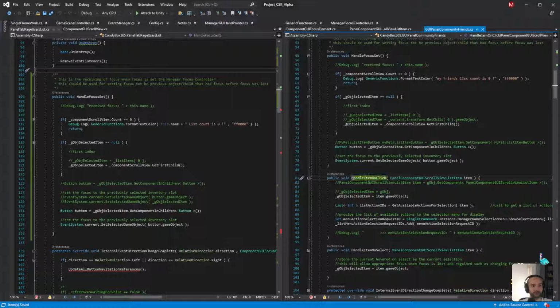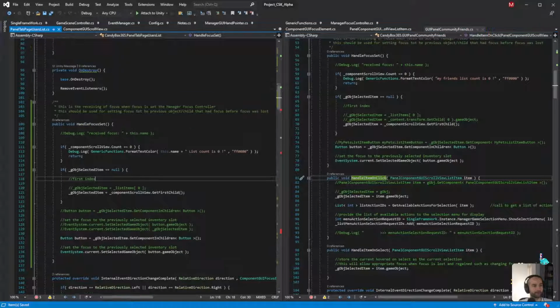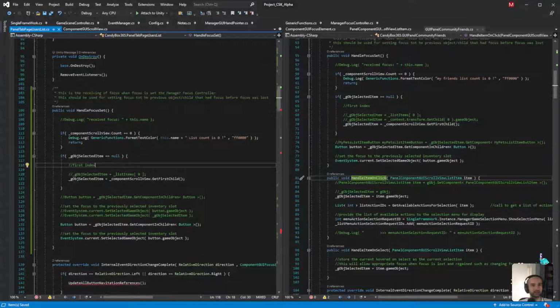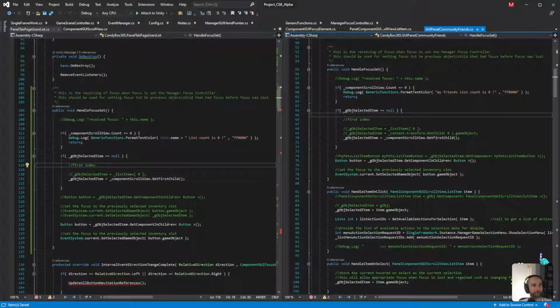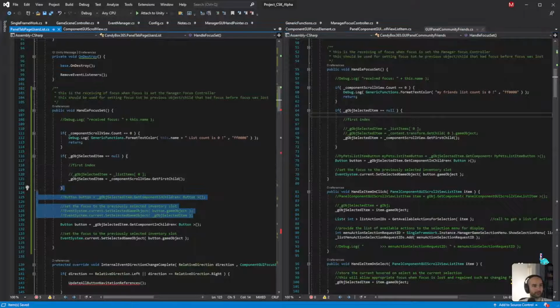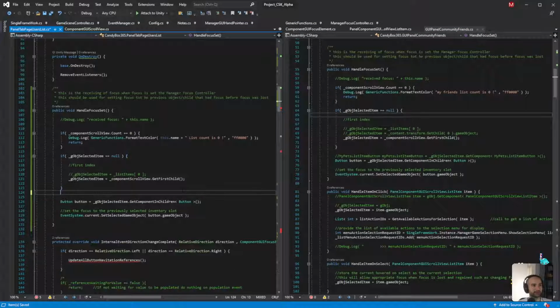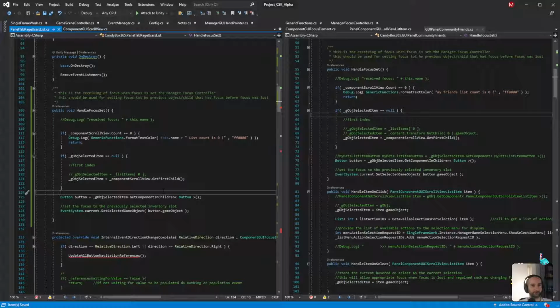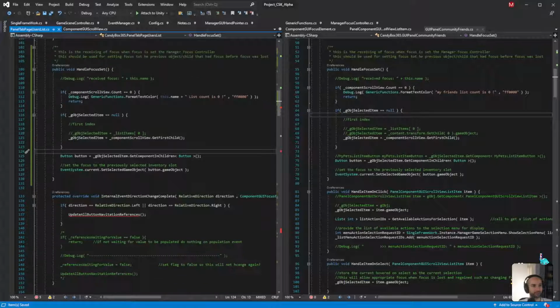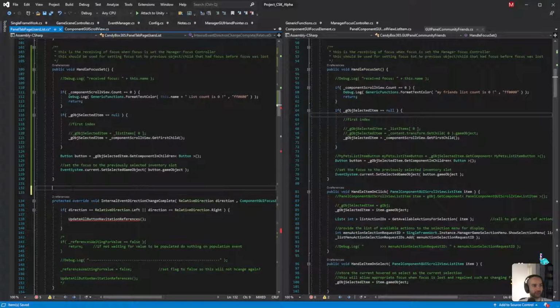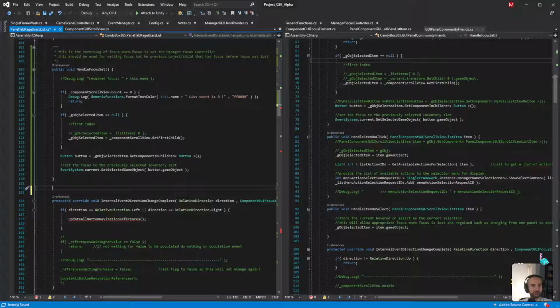Yeah, this. Wait. Handle focus set. That looks right. Okay, that looks right, but we need to add this other one here. Actually, these two. Handle item on click.